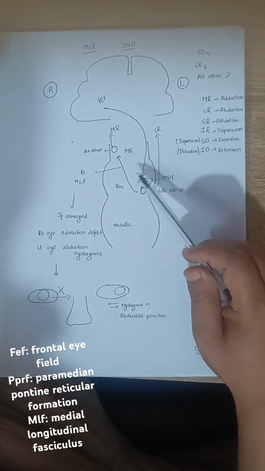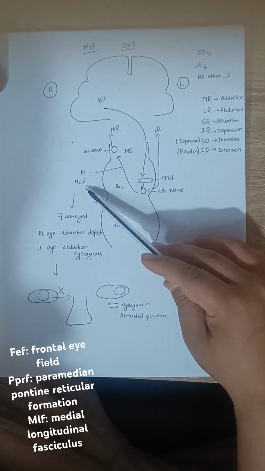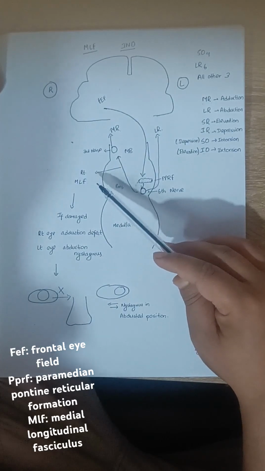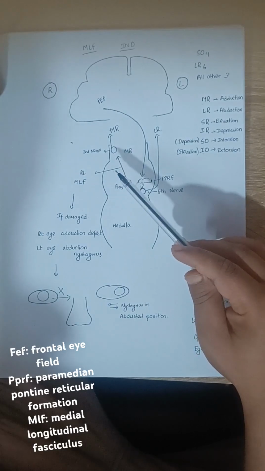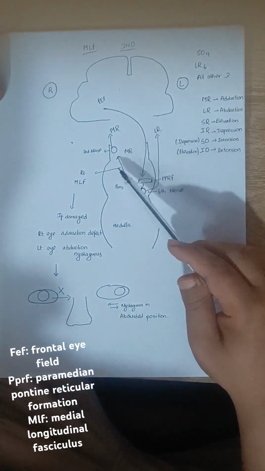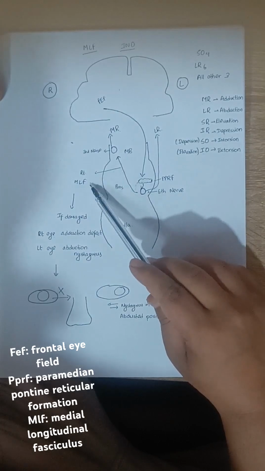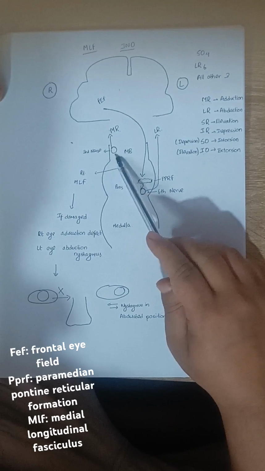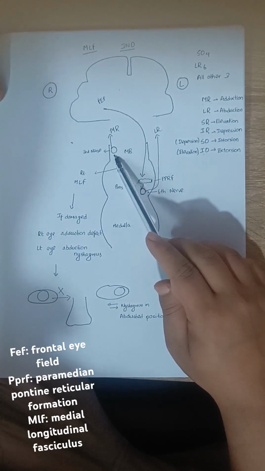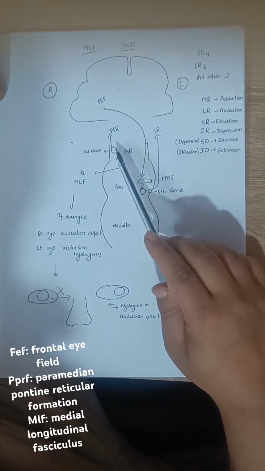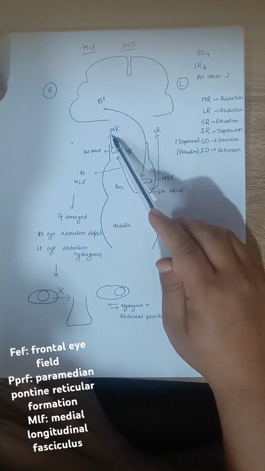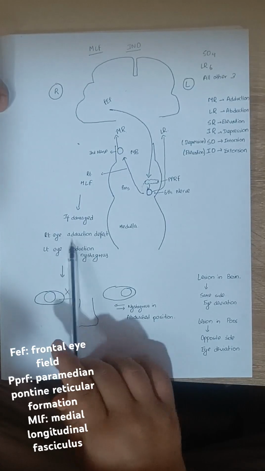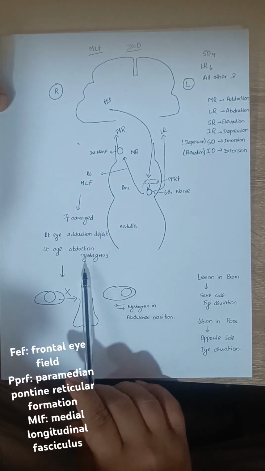Whenever there is damage in the medial longitudinal fasciculus, it could result from any sort of injury, any sort of tumor, and sometimes demyelinating conditions like multiple sclerosis as well. Whenever there is damage in this, there will be no supply to the third nerve of the right side. So that means the right-sided medial rectus muscle cannot function. So there is a right eye adduction defect,